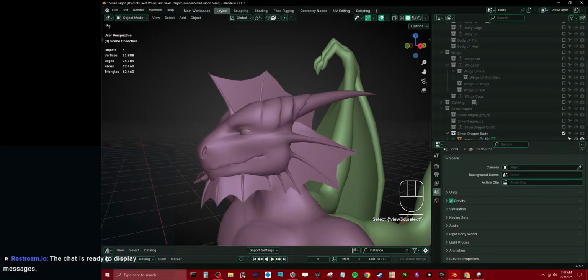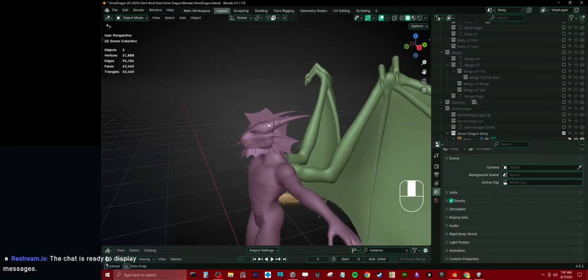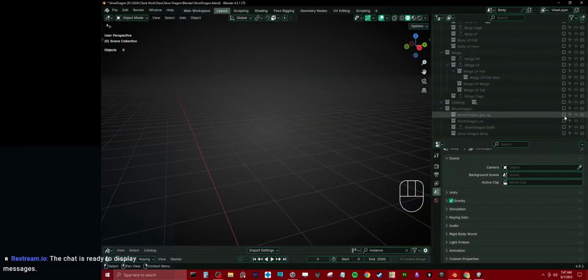Getting into it today. Let's see if the music is getting picked up. Okay, good. So we're going to work on making some shape keys